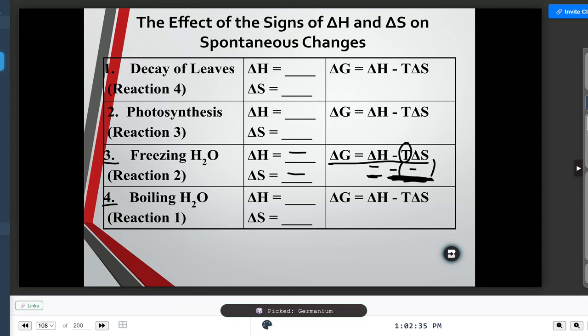Okay? On this one, boiling is going to absorb energy, that's endothermic, and our process is going to be basically giving us more dispersed energy particles, so that's also positive. So if we plug those values in, if my delta H is positive, and then my delta S is positive, that means this is necessarily going to be negative, right? Because of the negative sign there. And so that means that depending upon how big this is and how big my temperature is, then this could either be positive or negative when we do the calculations. So the temperature, once again, is determining whether or not this is going to be positive or negative.